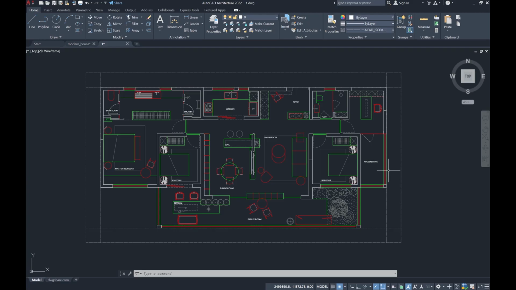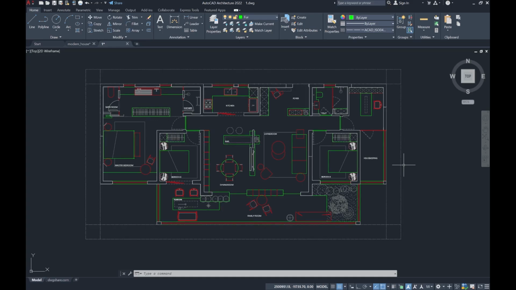So here's an example of a floor plan that we have in AutoCAD, and let's see how we can take this floor plan and add it into Google AI Studio. What are the processes involved and how we can do this seamlessly for getting the best results. The example that we have here is a very simple floor plan, and all the elements here are categorized